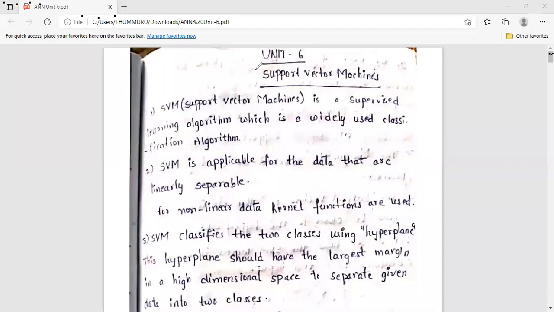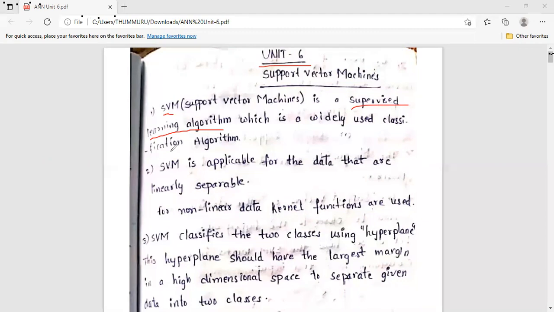Hello everyone. Our today's concept is support vector machines. It is the first topic in Unit 6. What is SVM? SVM is a support vector machine. It is one of the supervised learning algorithms, which is widely